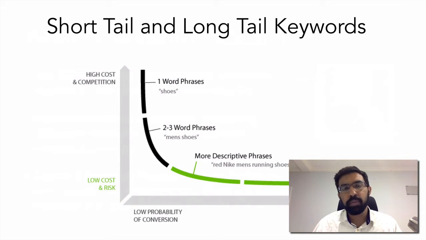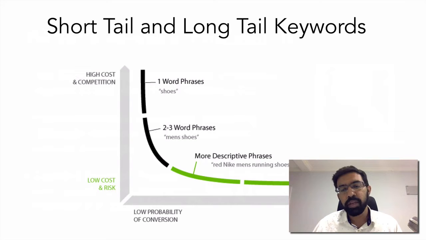Long tail keywords can be a lot of different keywords, and the competition will be less for long tail keywords. For short tail keywords such as drawing notes, the search volume will be high, but the conversions will be low, and also the competition will be high. In this example, the word shoes is a one word phrase and it's a short tail keyword. Here the competition will be very high, because a lot of people will be trying to advertise for the word shoes. If you are going for something like men's shoes, it's a mid-tail keyword, and if you are looking for something like red Nike men's running shoes, then it's a long-tail keyword.